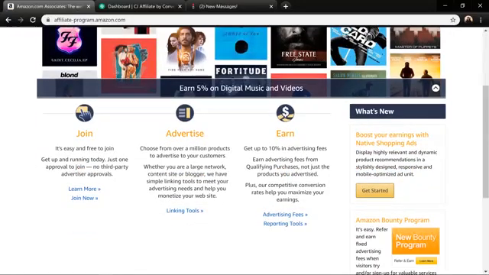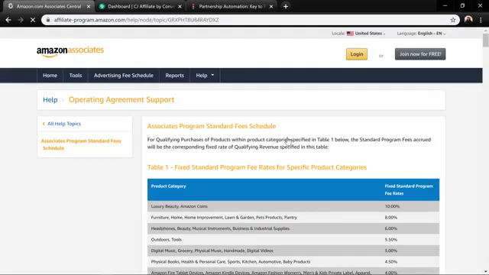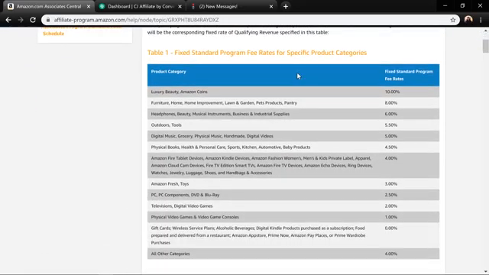Now, if we scroll down here, affiliate-program.amazon.com. You can just Google this to find it. We can actually look at their advertising fees to see how much money you would be getting for promoting products on Amazon. Now, the cookie length, it's what we call cookies, or essentially how long your link is going to be active or tracked. For example, if somebody clicks on my Amazon affiliate link for the camera down below in the description, and if they buy anything and everything on Amazon in the next 24 hours, whatever they buy,